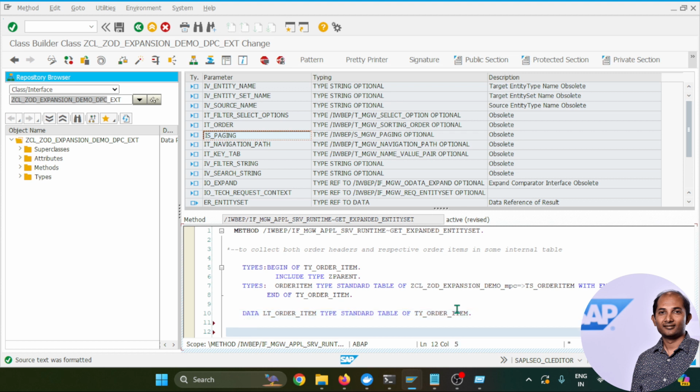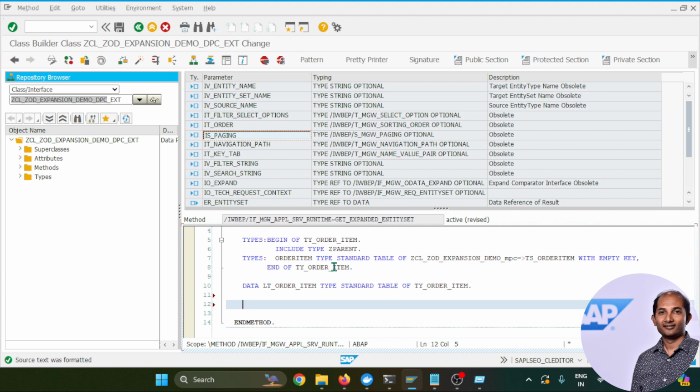Now the next step would be for which entity set we are interested in this method or logic. Currently our OData project contains only the order header and order item entity, right? But we are interested in doing this only for order header, when that entity set is reached, because this is the generic method, not an entity-specific method. So for all the entity sets, this method would get triggered. So you have to restrict for which entity sets our logic should execute. So put a case statement, and we can put